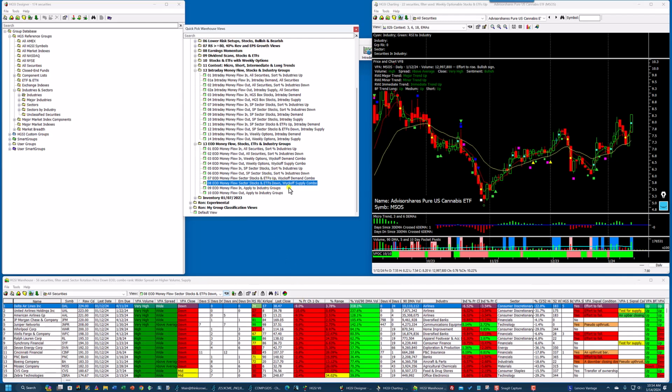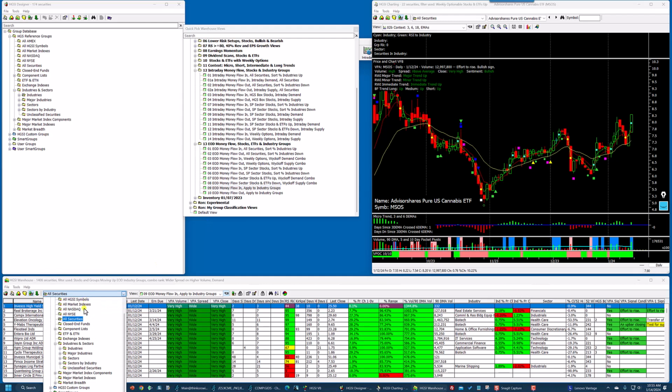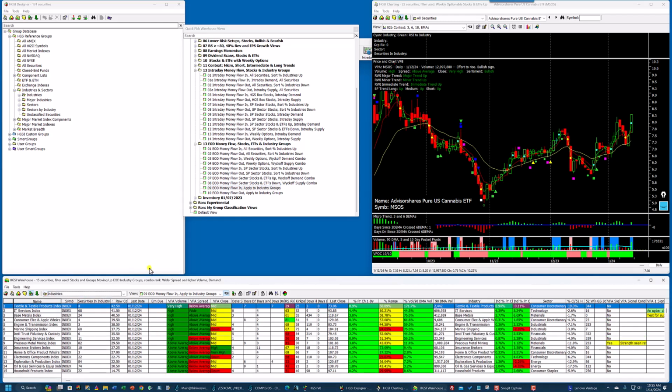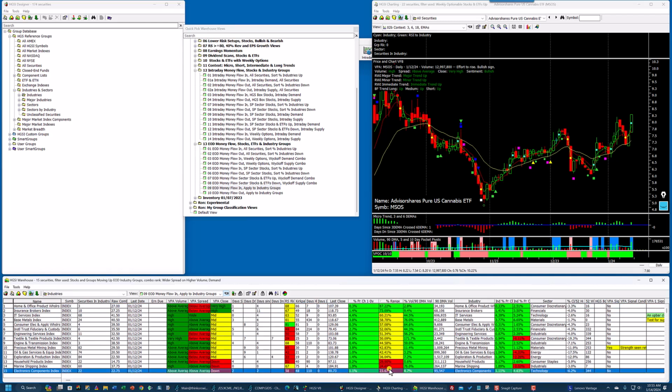Now, I added this morning, money flow in apply to industry groups. If I click on that, you can see I'm still in all securities, and that's not what I want. What I want to do is go down, just click on this and select industries, and this is going to show me groups, industry groups where the money was flowing in or out. Now, I did not put a range requirement on the industry groups because of the way it's calculated. You can quickly see which ones closed in the upper part of the range, but let's, for example, let's look at